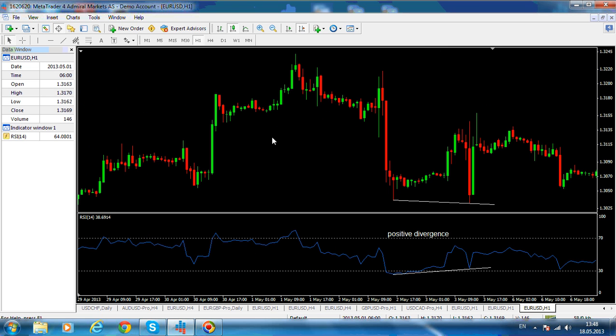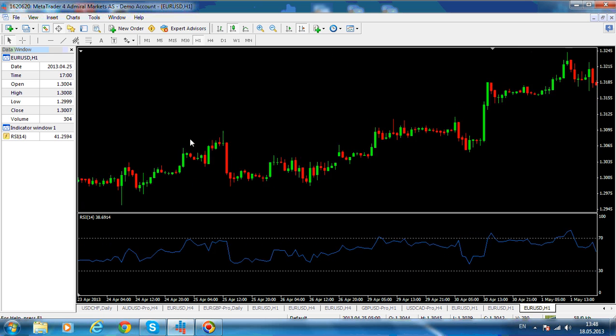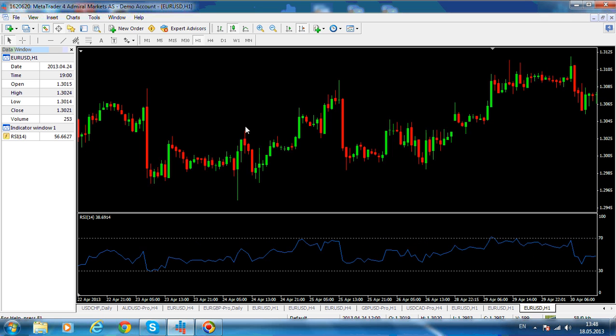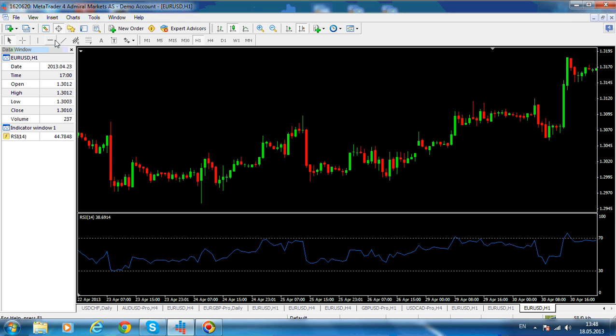So this is a positive divergence. Let's see if we can identify another positive divergence. Remember, you have a positive divergence when price is falling and the oscillator is rising, and here it seems to be the case, because if you're looking at the oscillator here, from here to here,